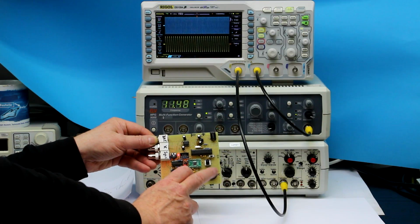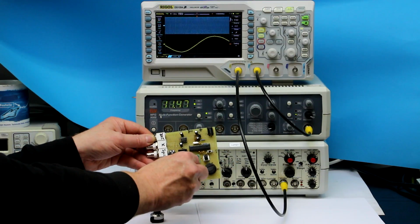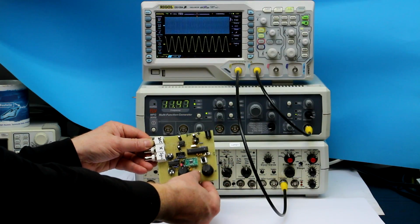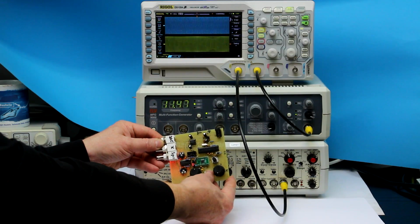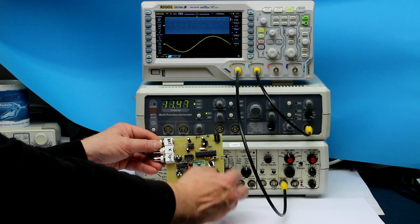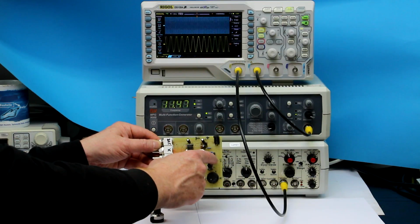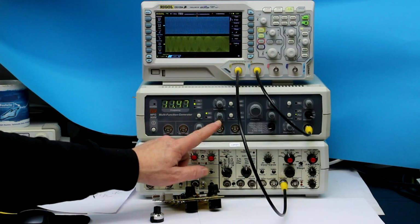And I have the same method of setting minimum and maximum frequency here with 10-turn potentiometers, and the switch which switches between setting the lower frequency, the higher frequency, and then sweeping. And here is the little switch for linear and logarithmic sweep. And basically that's all, but the difference is here I used